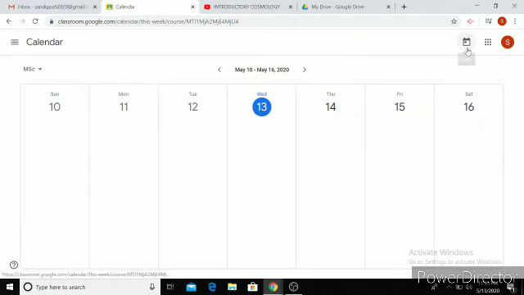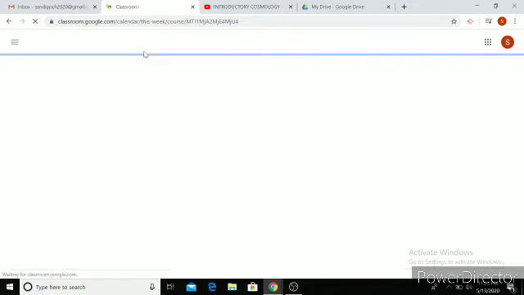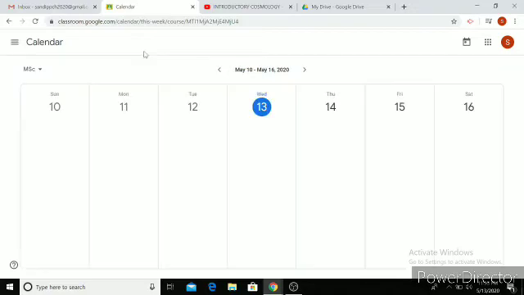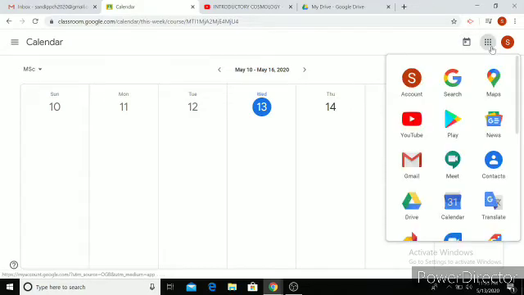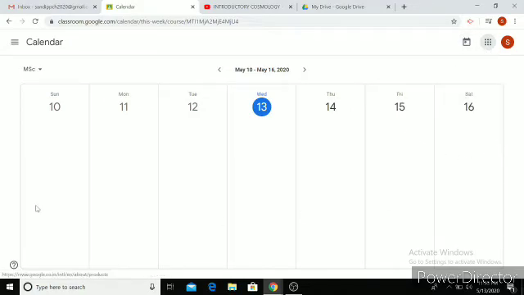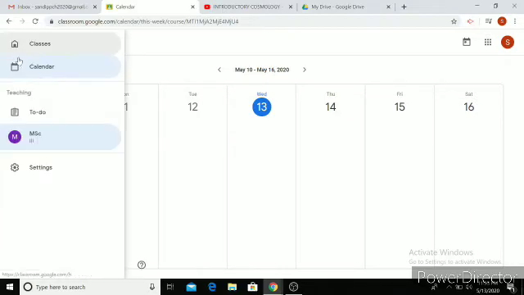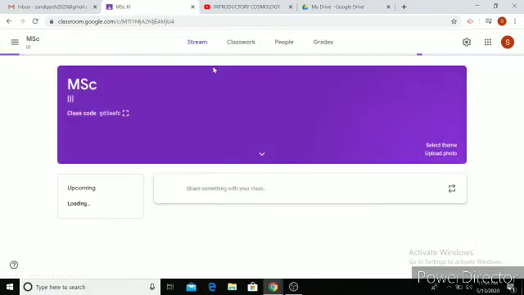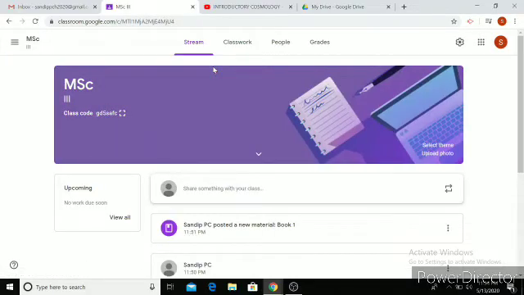This has not loaded completely, but anyway, I can go for this. So this has not loaded, and I need to load it more. Anyway, calendar is something where you can load all the events, and then it becomes more simple. And then you can see from here, you can also access the Google products. Anyway, I'm going to talk more about calendar later. That is only for checking the calendar, what I've shown right now.